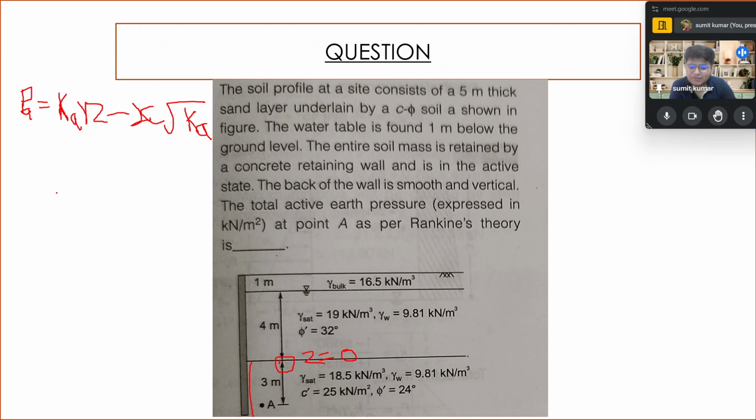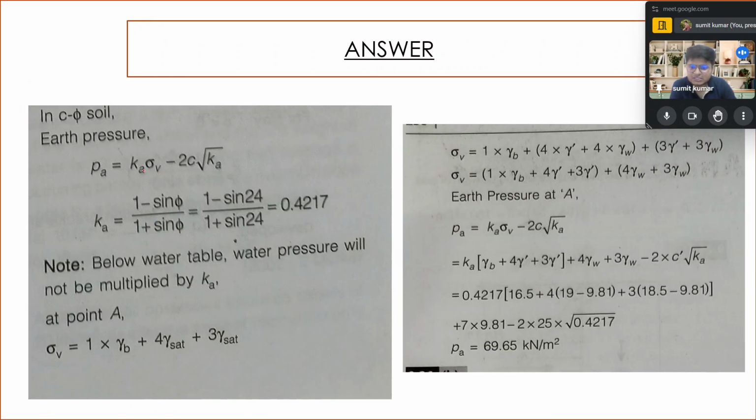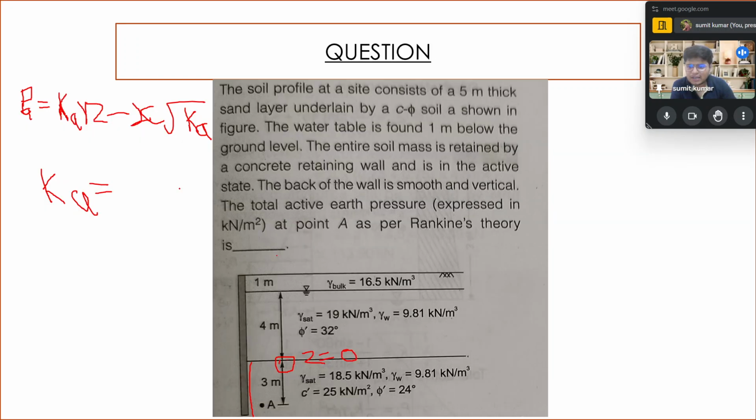Okay. So what we do, we calculate the K for this layer as (1 minus sin 24) by (1 plus sin 24). I will take this from the solution only. So you see the value of K is 0.4217. Okay. So I will write directly over here 0.4217. Now, when we are going to calculate PA,